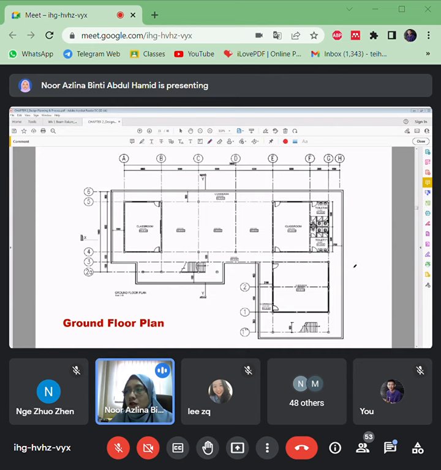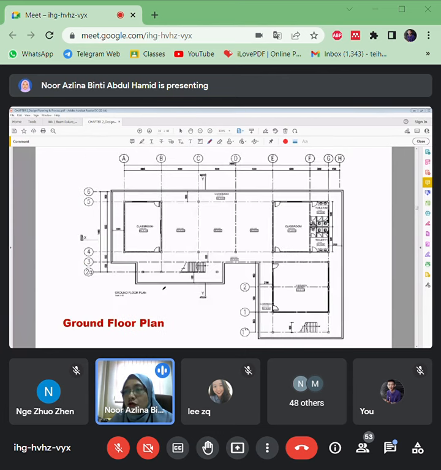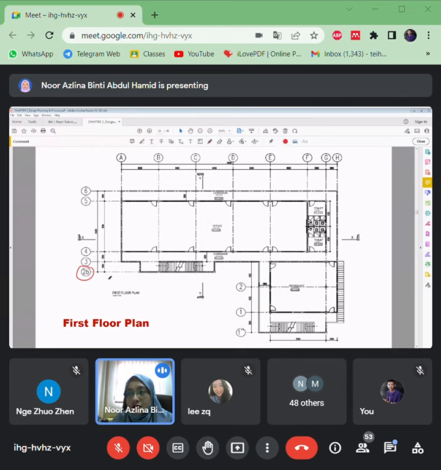Okay, so here are some examples. Let's say for the office here, sometimes they will have an additional grid here, 2B. Okay, let's say 3, so there is a 2B here. This is 2. It means maybe on the ground floor there is 2A. Right? You see 3, this is the main grid line. Okay, 3, 4, 5, 6. Here there is 2A. Right? When it comes to the first floor, there is a slight change. Let's say 2A, if on the ground floor there is a wall here.